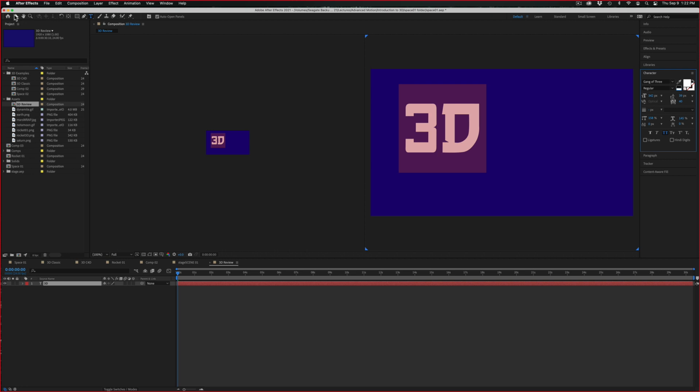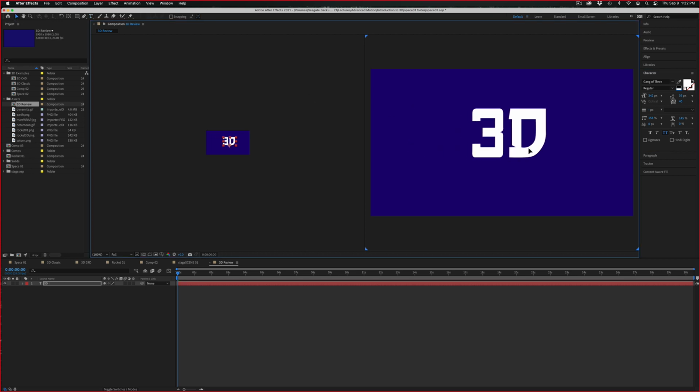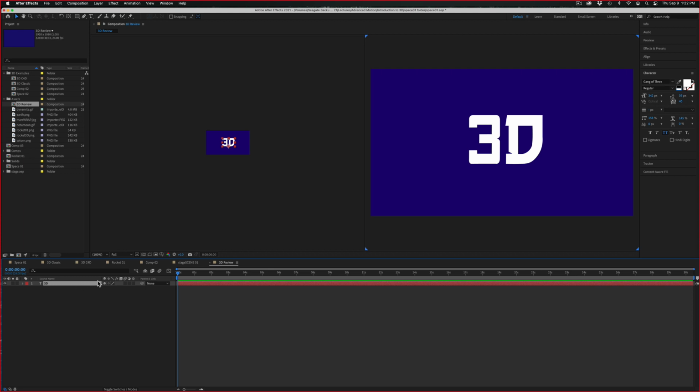So if I wanted to make this a 3D layer, all I need to do is go next to the layer within the layer palette, and we have these different switches and modes. Like we can make a layer shy, we can change the quality of it, we can add a motion blur, an adjustment layer, and this very last option right before the parent column is this little cube. So you can see from the tooltip, this makes the layer 3D, which just makes it available to be modified